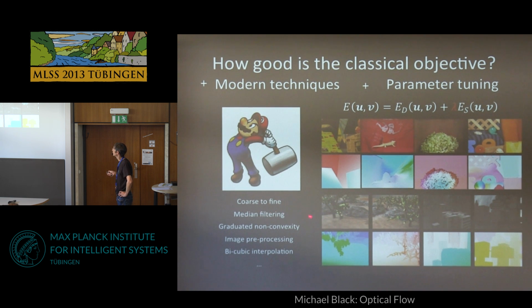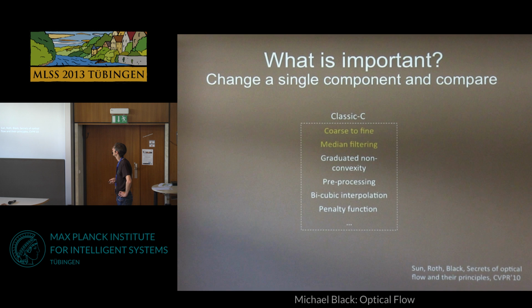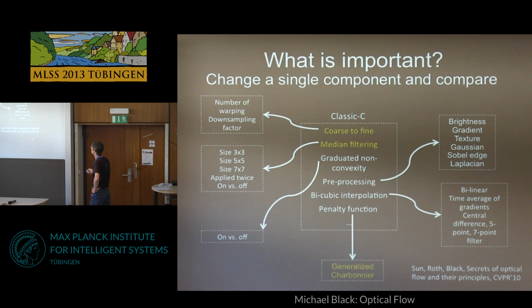We know that coarse-to-fine helps for dealing with large motions. I'm going to tell you something about median filtering in just a minute. Graduated non-convexity is this: how do I deal with a non-convex energy function? There's a bunch of other things. And in fact, in this paper that just appeared, it was originally a CVPR paper, but just appeared today, we look at a whole bunch of different things. And I'm not going to go through them all. In yellow are the ones that I'll just touch on briefly. And, well, I already touched on coarse-to-fine. I'll tell you only about median filtering and then the penalty function that we're going to use. But if you want to learn more about this, there's a detailed